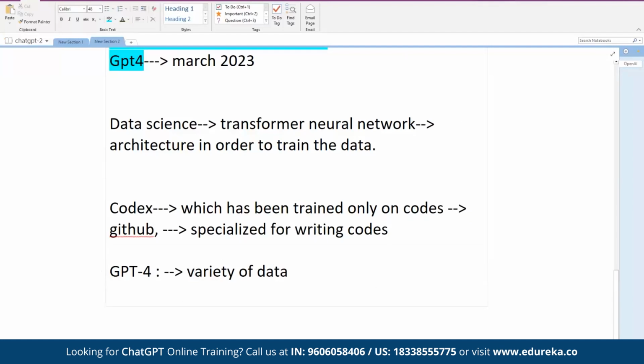So the difference between them is ChatGPT 4 is more generalized. It is not only for coding, but it is more generalized. It understands the domain, right?